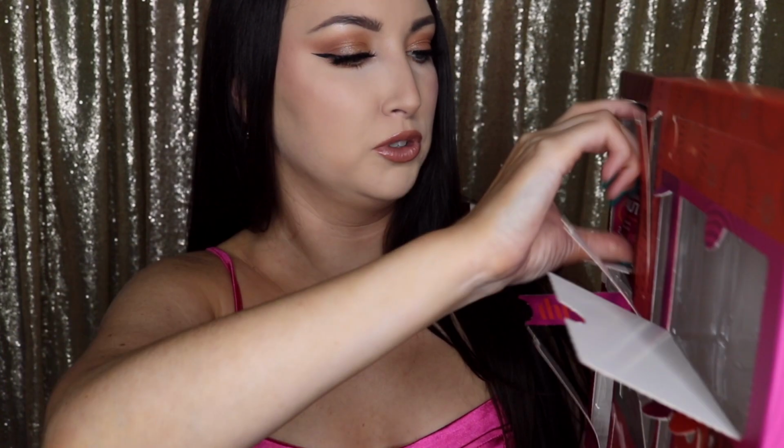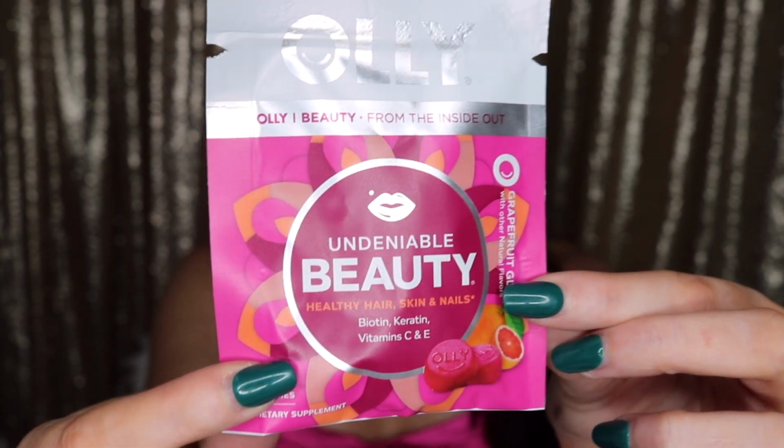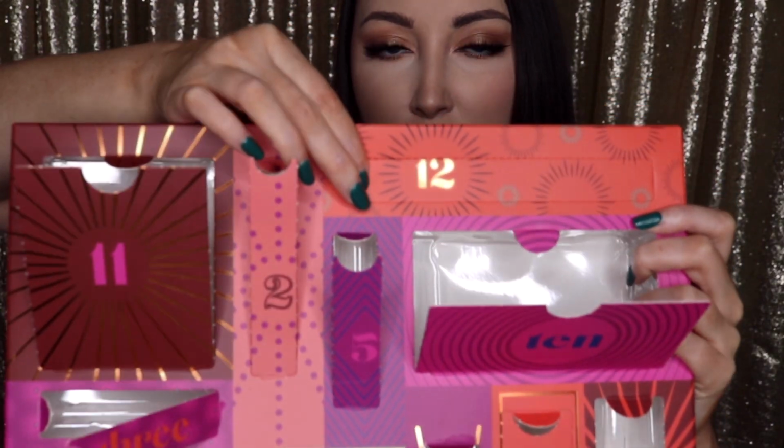Ooh, I love the brand Ollie. I have a couple different gummies by them. I have not tried this one, Undeniable Beauty. So this contains 2 gummies in it. Okay, so it's got biotin, keratin, and vitamin C and E, so this is great for your hair, nails, and skin. So I'm excited to try this. Okay, and for the final day, day 12,